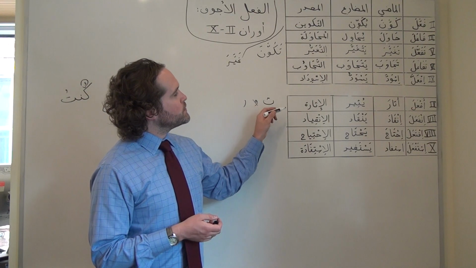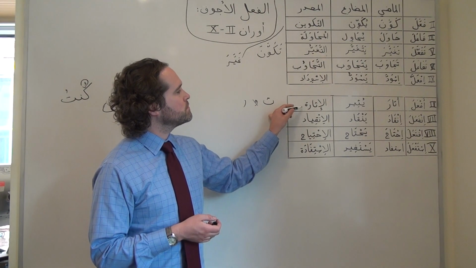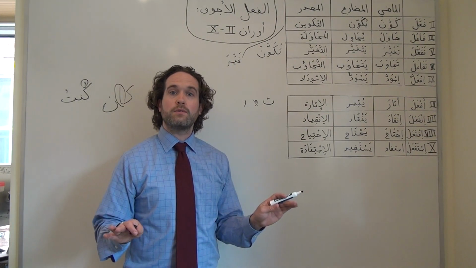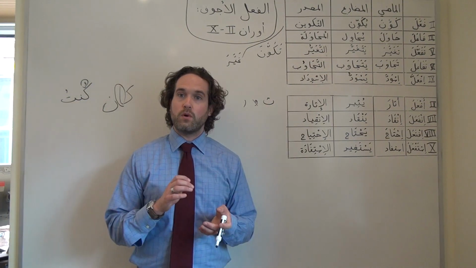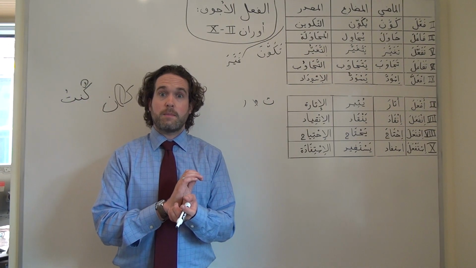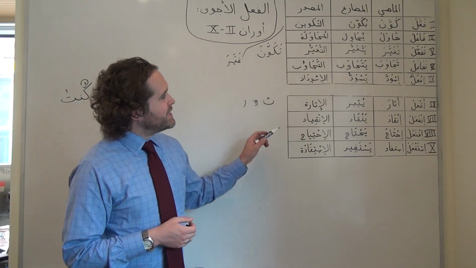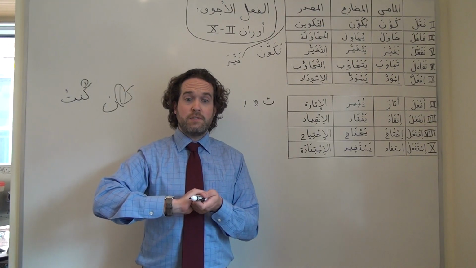And another little idiosyncrasy that you might notice is that in the masdar, we always add a ta marbuta to the end. That's true all the way down the line with any hollow verb in form 4 or form 10. We're always going to put a ta marbuta at the end of the masdar. 7 and 8 also kind of share the same differences, so to speak.